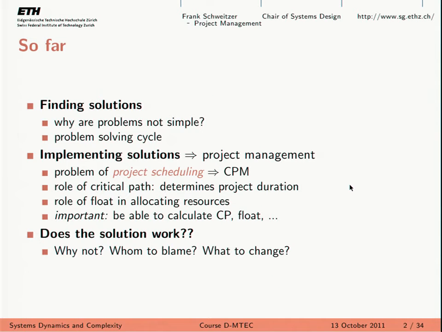So if you have uncertainty, you can just allocate more buffers, which is kind of artificial because the nature of uncertainty is something that you cannot really predict. So the question is kind of paradoxical. How can you allocate buffer for something that you can't really predict? But this is one deficiency of the critical path method.